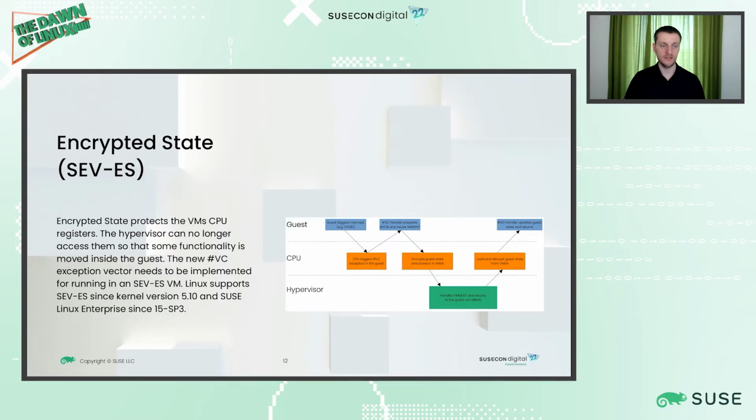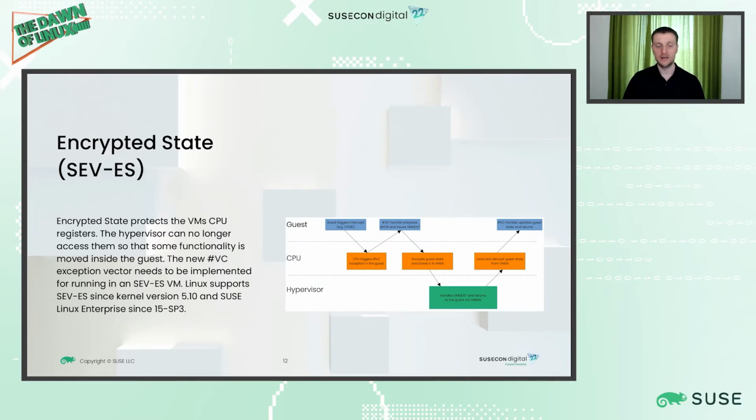And building on that, there is SEV-ES, or encrypted state. This actually causes some problems for the guest operating system and for the hypervisor, because the hypervisor usually needs access to the guest registers to handle certain guest events. With SEV-ES, this is no longer possible because the hypervisor has no access anymore to the guest registers. So it can't handle these events anymore. So these events need to be handled inside the virtual machine. There's a new exception vector for this, the VC exception, which needs to be implemented by the operating system.